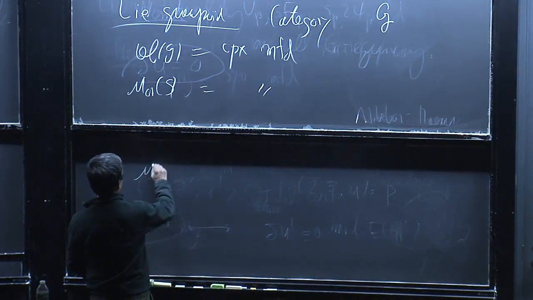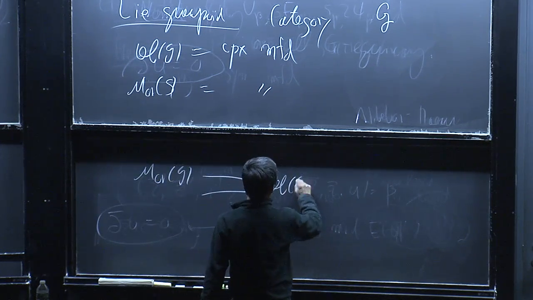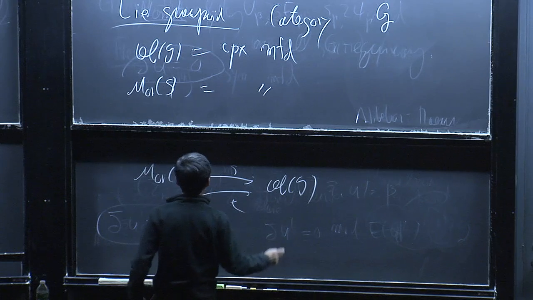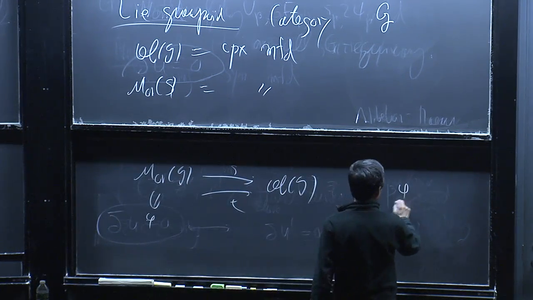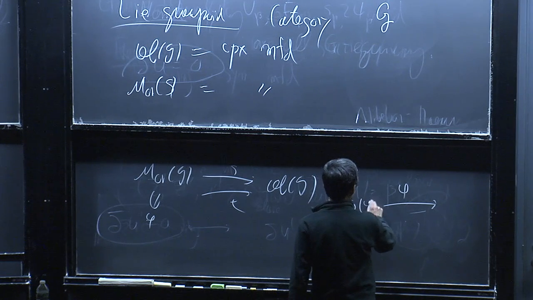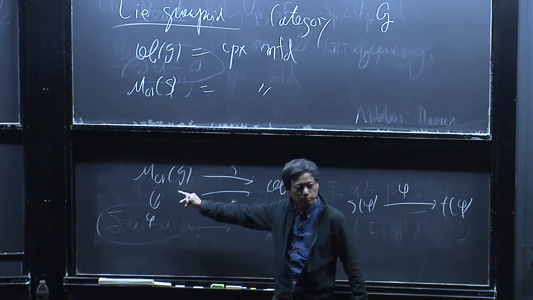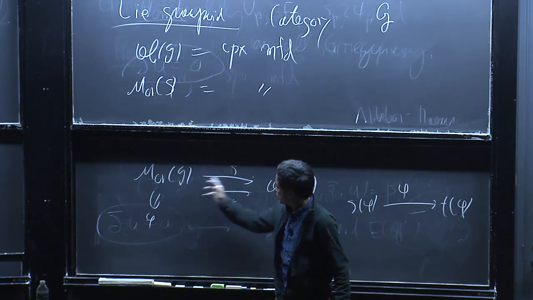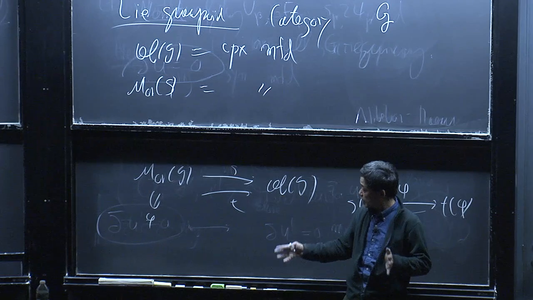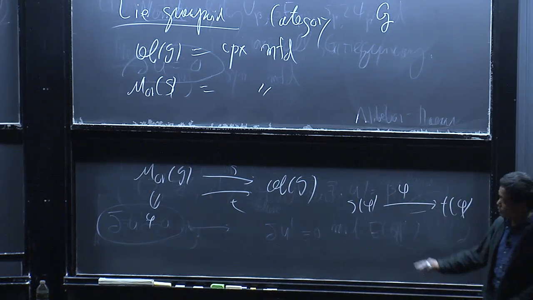From this morphism of G to object of G, you have this S and T. This is the following thing. You have a phi here. The phi is a morphism from S of phi to T of phi. So this is a set of all morphisms, so it has a source and a target. This S and T is a map which assigns the source of this morphism and the target of this morphism. So that is phi.